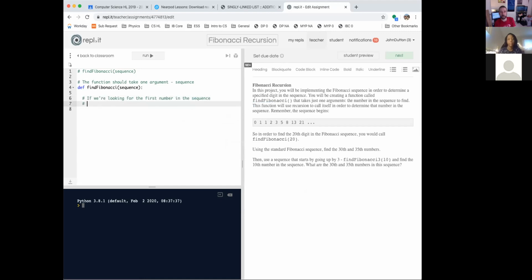What is the first number in the Fibonacci sequence equal to? Yeah, it's equal to 0. So it's equal to 0, just return 0. So if sequence is 1,